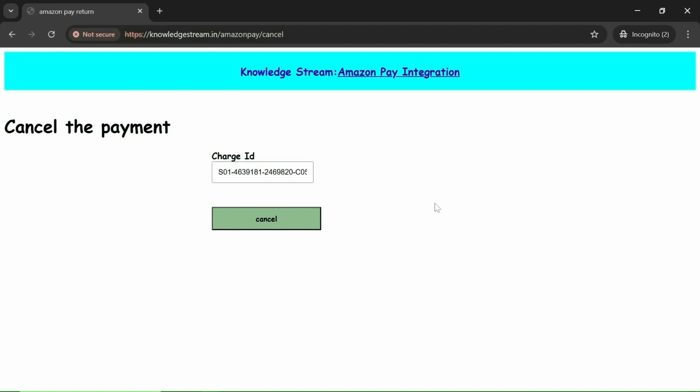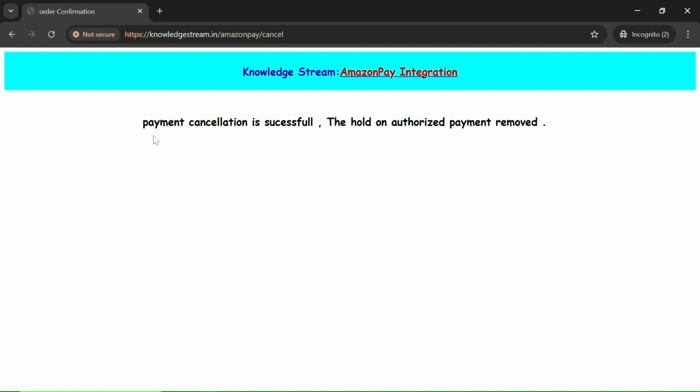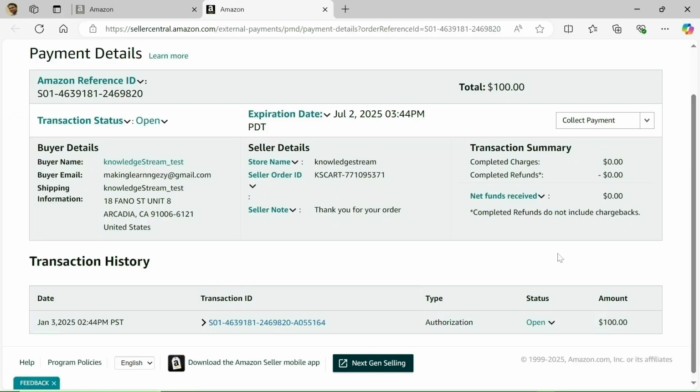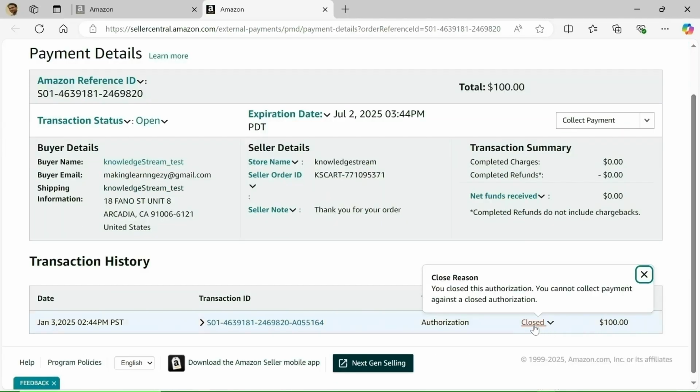So this is the charge ID. Let's click on cancel. So you can see payment cancellation is successful. The hold on the authorized payment is removed. Now let's see the status in the Seller Central. Let's refresh this. Yeah, so you can see the status changed from open to closed.